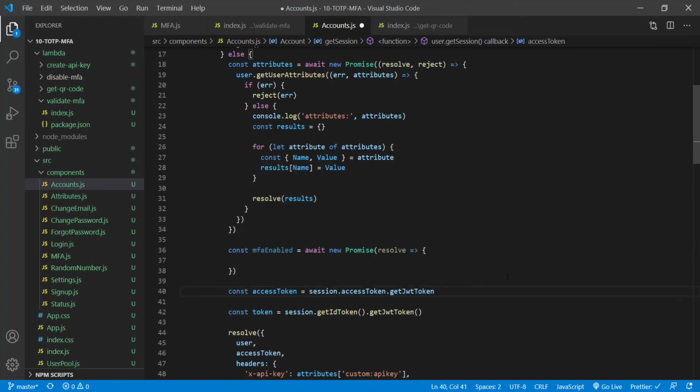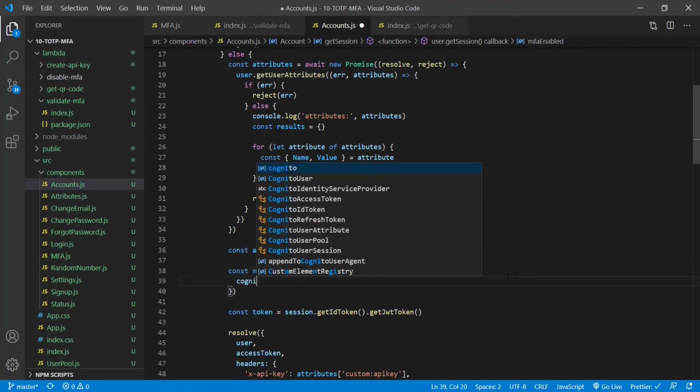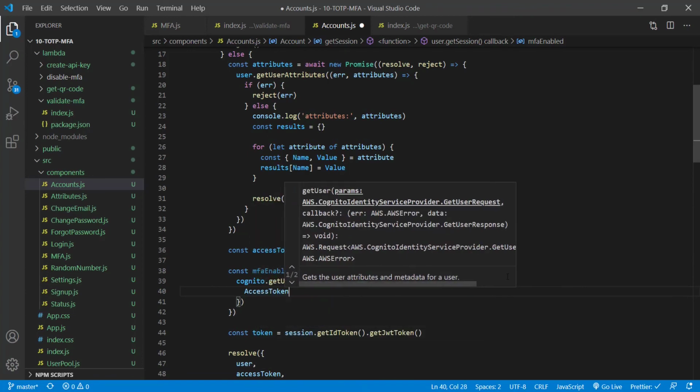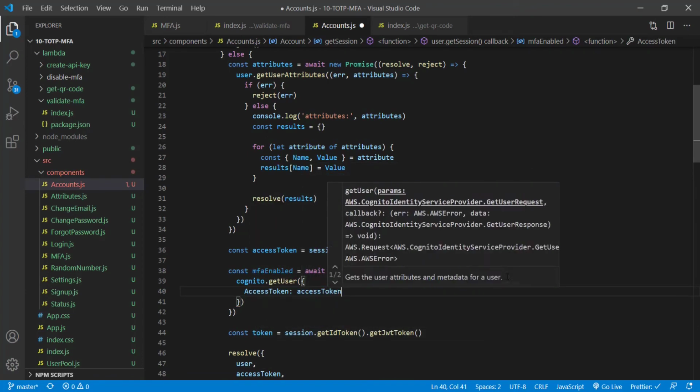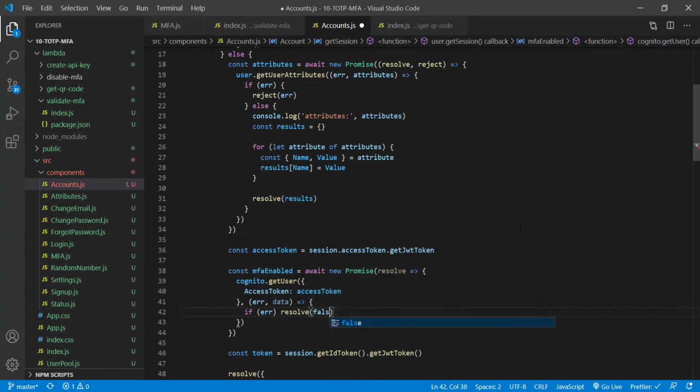So we need access to the access token. So if we move this line up here, we can say Cognito.getUser. We're going to pass in the AccessToken with a capital A. We're going to use our local variable, which has a lowercase a. We're then going to have a callback with error and data. I say if there's an error, we're going to resolve with false. Otherwise, we're going to say resolve